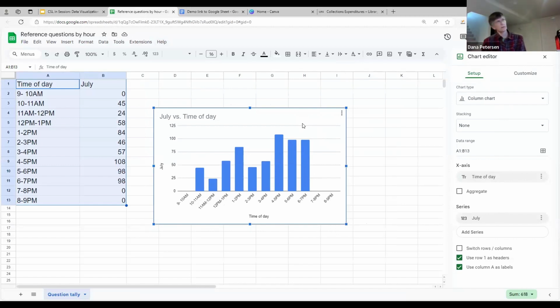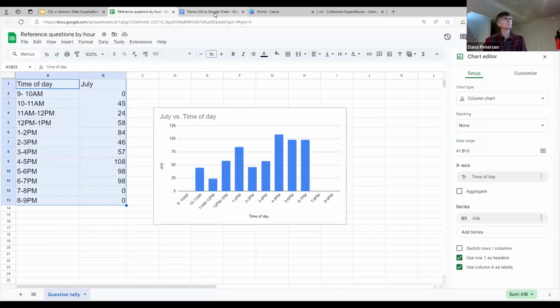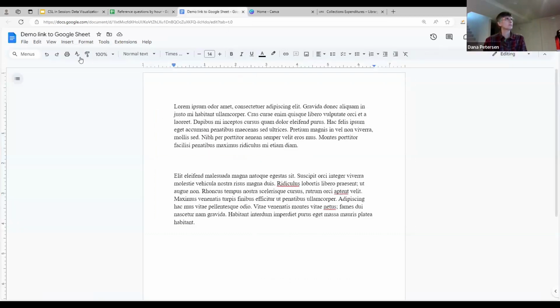So our good friend right click isn't going to work. Control C if you're a keyboard person, or Command C if you're a Mac person, that'll work. Or always Edit, Copy will work as well. So I'm going to copy this chart, hop back over to my document, and paste it.